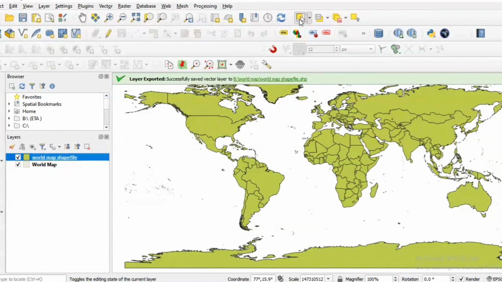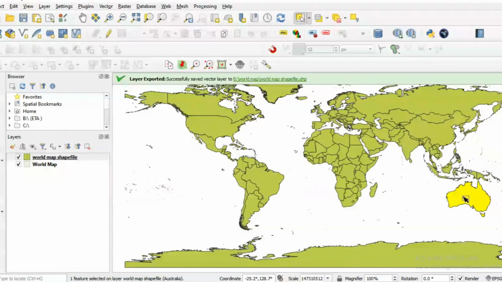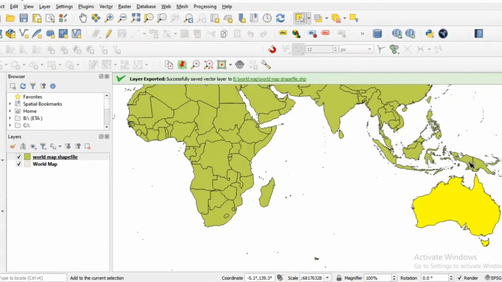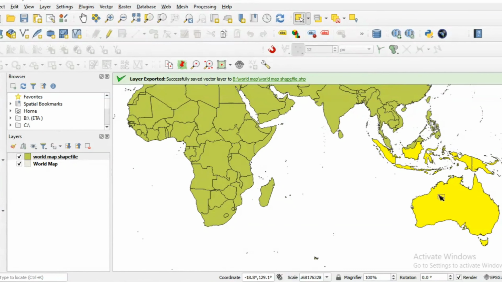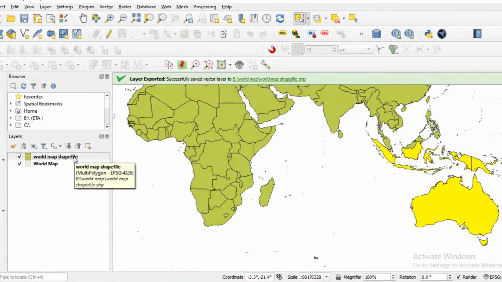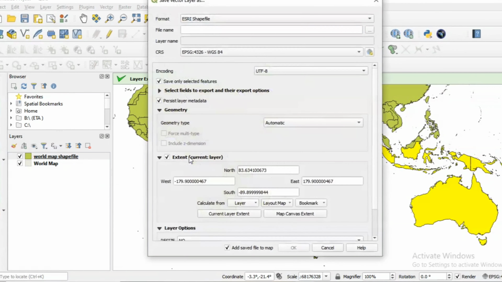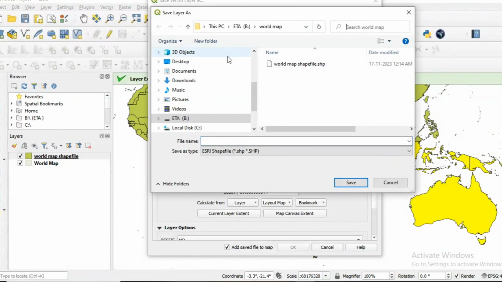Now if I need a particular country alone, for example I need Australia and the countries surrounding Australia, like Indonesia, I can select these countries and export these countries alone. Just export and save selected features. Instead of saving all the features, I am just saving the selected features